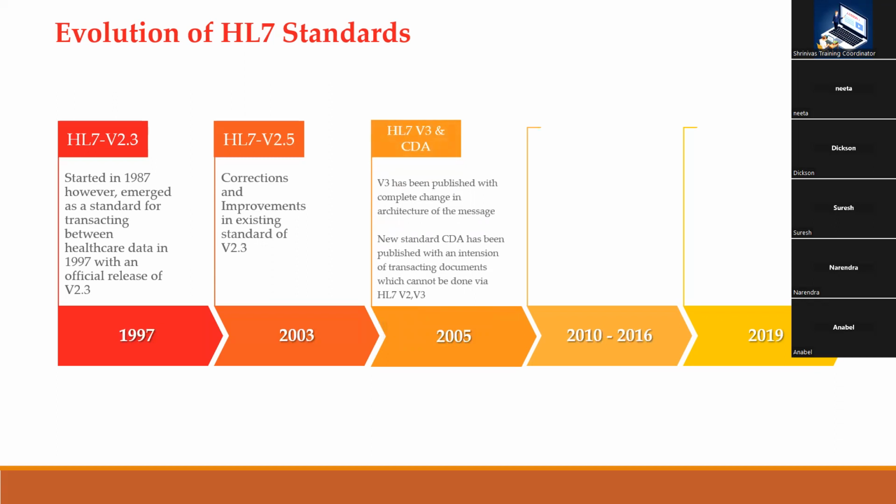Version 3 was released in 2005, but unfortunately it was not a massive hit. People did not like the fact that version 3 changed the entire format of the data, basically the HL7v2 pipe delimited format that we had, right? That format is completely changed, which is a very big change for implementers, for real-time interfaces that are already implemented,